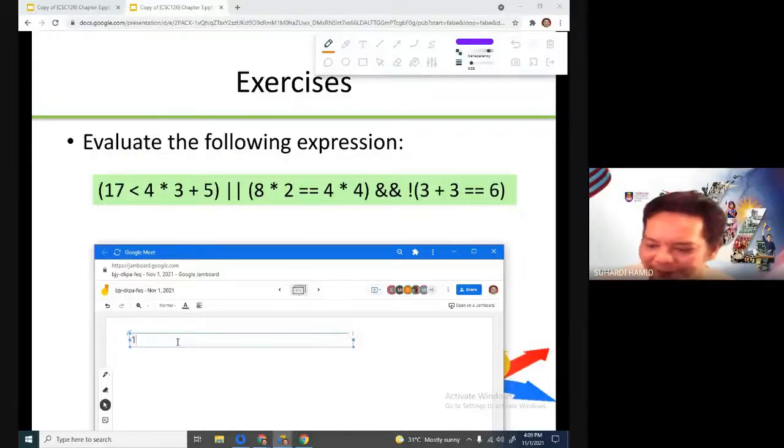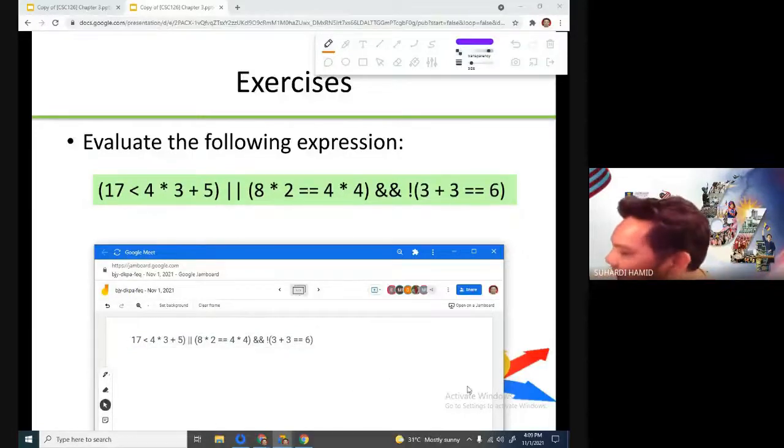We have 17 less than 4 multiplied by 3 plus 5, or bracket 8 multiplied by 2 equal 4 multiplied by 4 close bracket, and we have not, and we have bracket 3 plus 3 equal 6. That. Let's go with